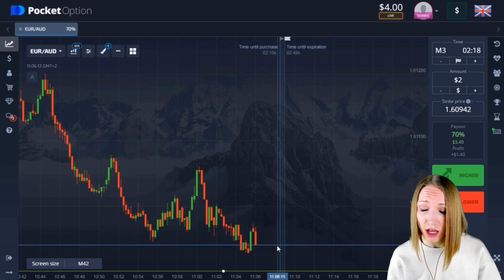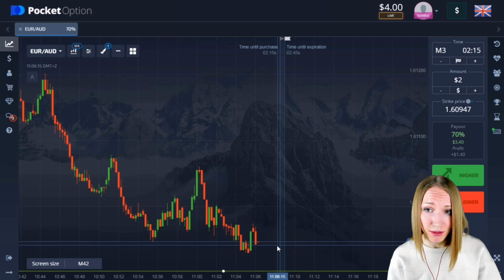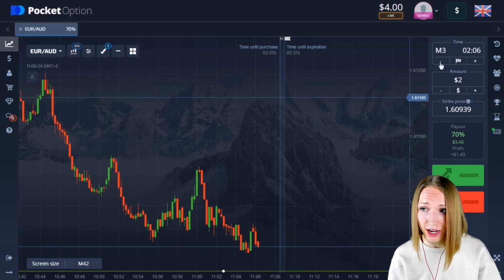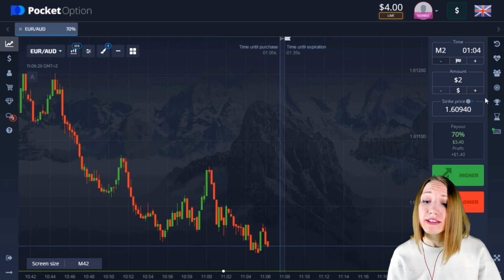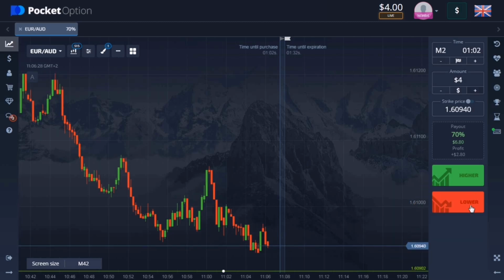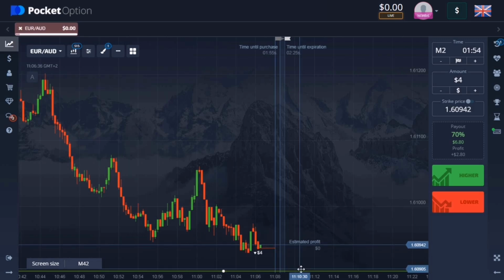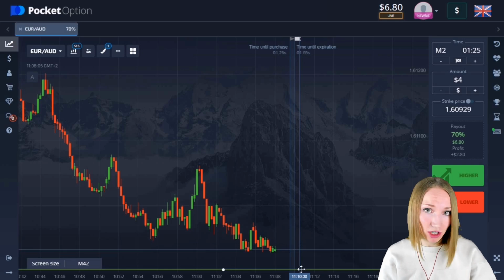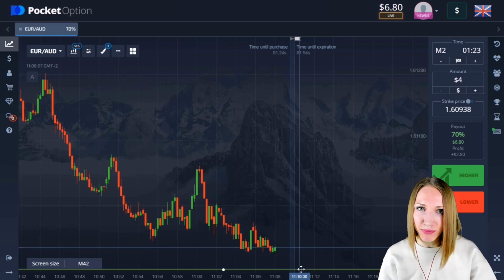So after the small rollback up, the price will continue moving down. So let's open the trade. We're down for 2 minutes. I think this time will be the best idea here. I think the price will approach our level, so we need to check it. Well, it's not bad. The price continued moving down. We have taken the profit and this time was okay for us.